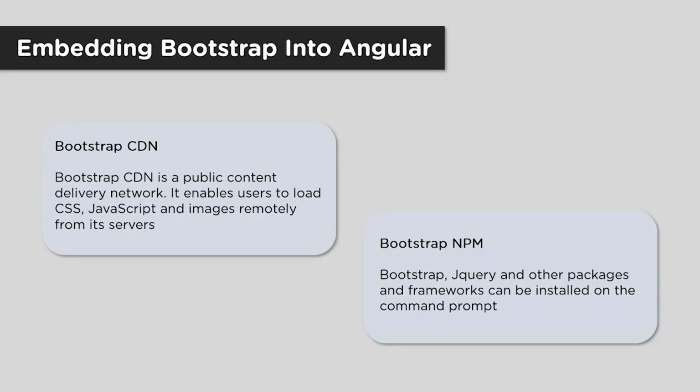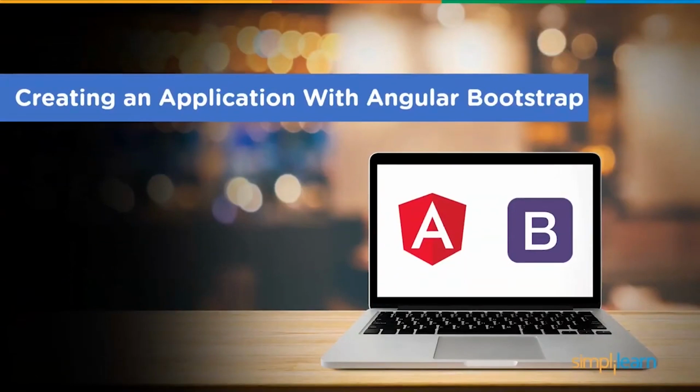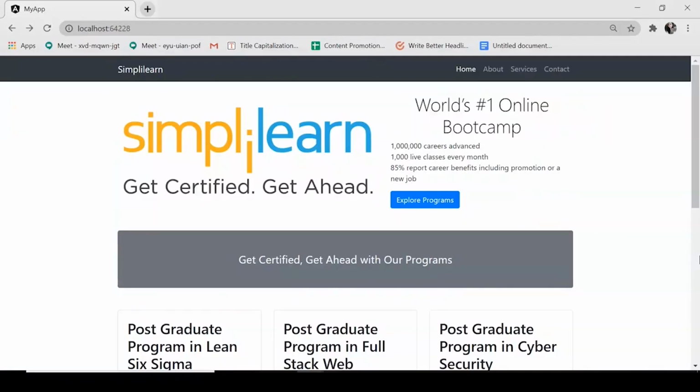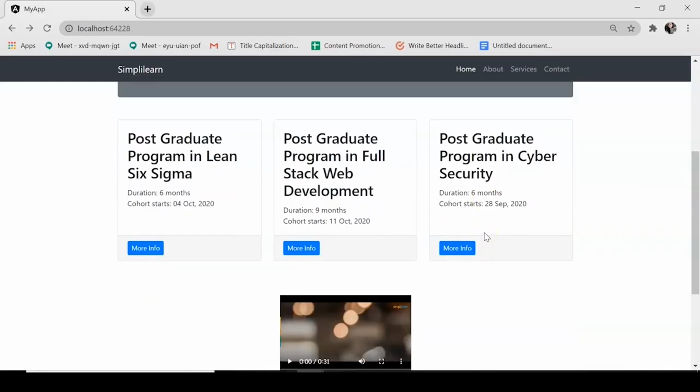Alright, I'm sure you'll only understand the concept better when you look at a demo. So let's go ahead and create an application with the help of Angular Bootstrap. In this tutorial, what I'm going to be showing is the creation of a blog post. So let me show you what we're going to be doing. Here I've created a simple blog for Simplilearn and I've added the Simplilearn logo. I've also written a few lines about Simplilearn and what they offer. I've also mentioned their tagline, and when you scroll down, you can see that I've mentioned the different courses they're